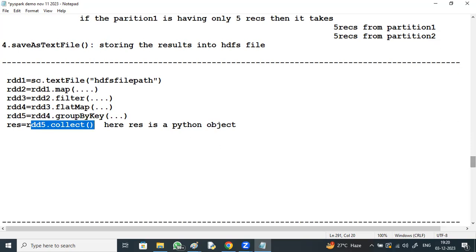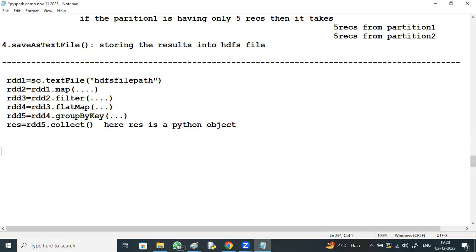Sir, here we are not going to store the data in a database, right? Everything will be in the memory. Here currently, how many RDDs are in RAM?